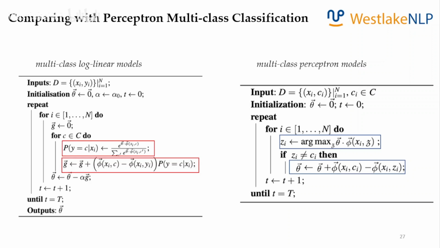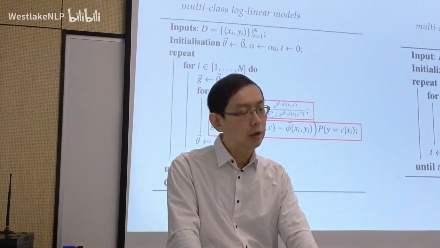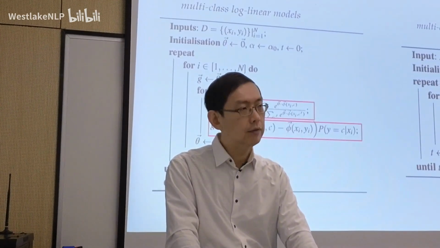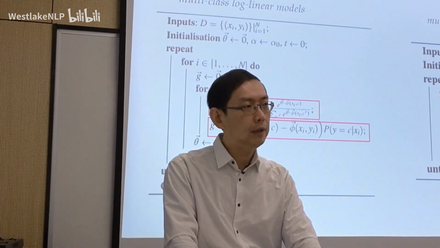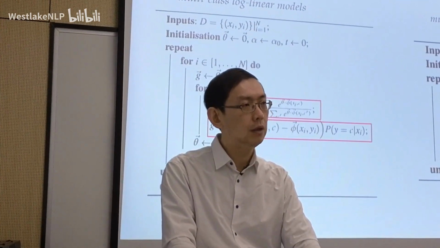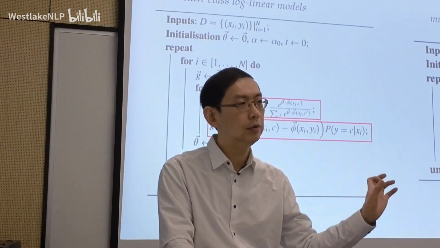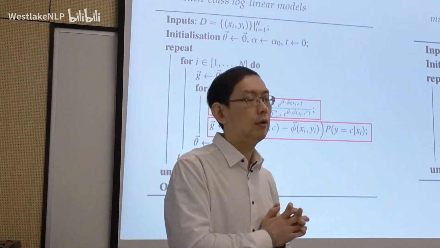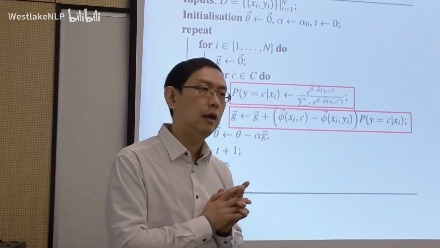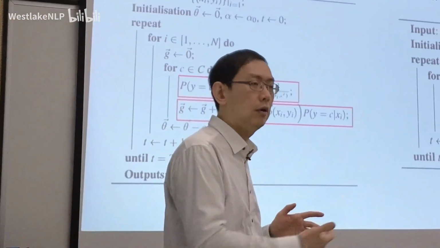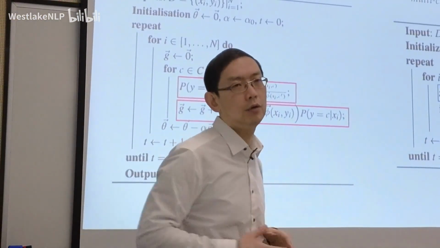You first find z, which is equal to the class label that gives the highest model score. Okay? And then you update the model only using the gold output and this mostly incorrect output, conditioned on the